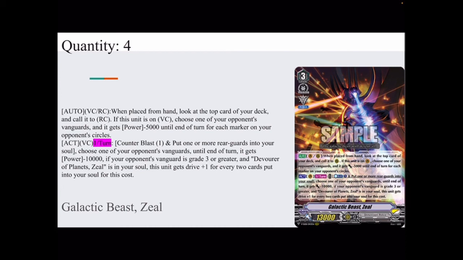And then act Vanguard Circle once per turn, counterblast one and put 1 or more rear guards into your soul. Choose one of your opponent's Vanguards, until end of turn it gets minus 10k power, and if your opponent's Vanguard is grade 3 or greater, and Devourer of Planet's Beast Zeal is in your soul, this unit gets plus 1 drive for every 2 cards put into its soul for the cost. So, possibility of quad drive with bringing your opponent most likely down to either 3k, assuming they haven't hit triggers this turn, 3k or 2k, maybe the negatives,